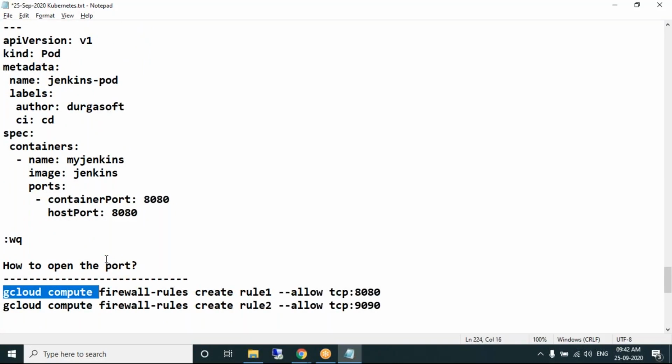gcloud compute firewall-rules create rule1. This is the rule name, rule1. Allow tcp:8080. Whichever port you want, you can allow it. I want to allow the 8080 port, so before running it, I want to open the port. Okay.